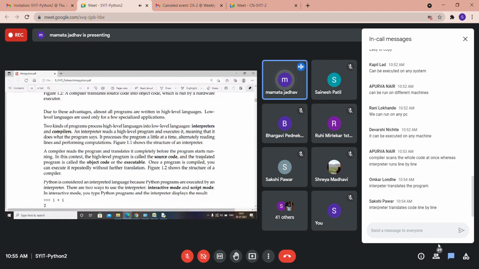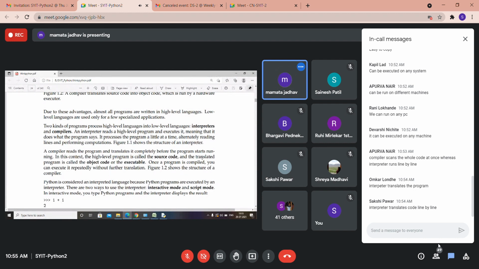So an interpreter reads a high level program and executes it, meaning that it does what the program says. It processes the program a little at a time. Only one statement or instruction will be processed in case of an interpreter, alternately reading lines and performing computations.